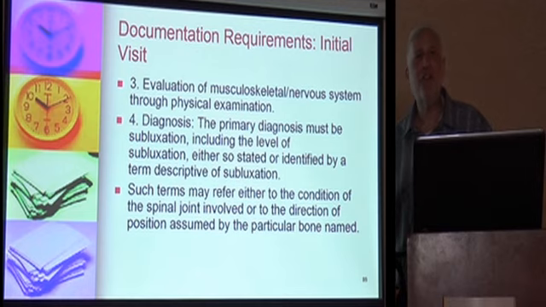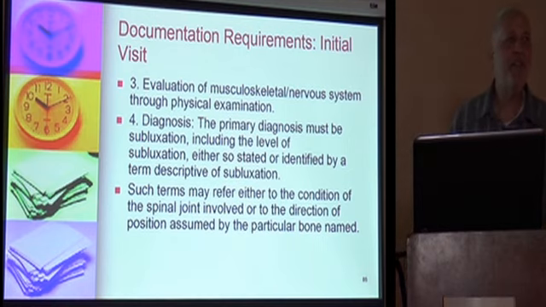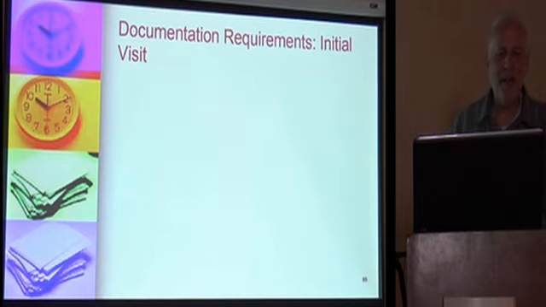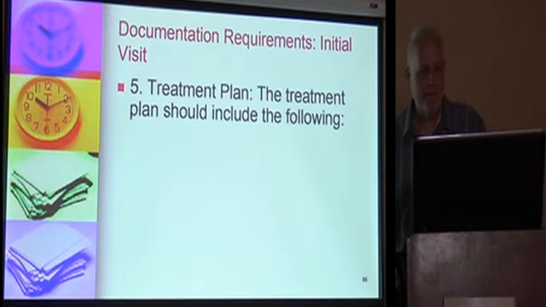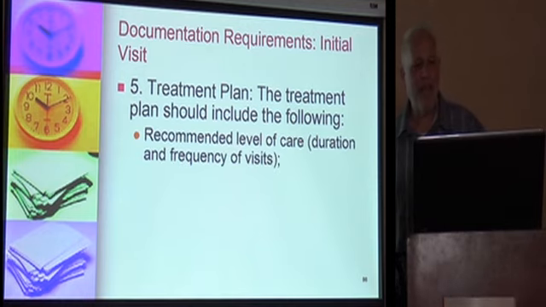You could use listing techniques too. You could say it's a right rotated left lateral reflex, or you could say it's a posterior, use a Gonstead listing, but no matter how you do it, that's not where they're going to pick you apart. Now, your treatment plan, that's where they will pick you apart a little bit more, because you have to state